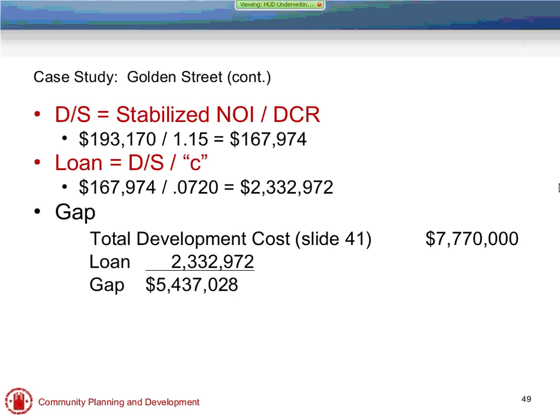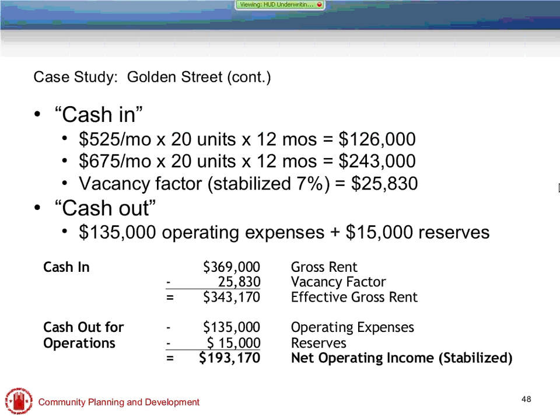Okay, and there's a whole lot of affordable housing programs out there, especially the low-income housing tax credit program, that provides tax benefits to investors because affordable housing projects really don't have a lot of cash coming in, which is, again, why we have lower loan amounts. We're looking at rents on these projects. In this particular example, our rents are $525 and $675 a month. Because that's the cash that's coming into us, and that's what our lender is giving us a loan based on, our loan amounts are going to be smaller on affordable housing projects.